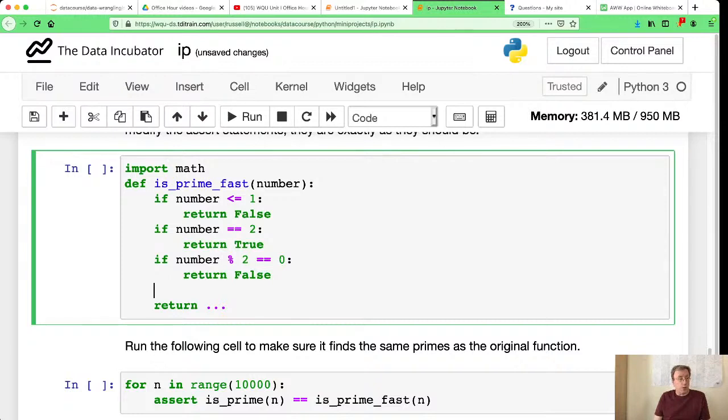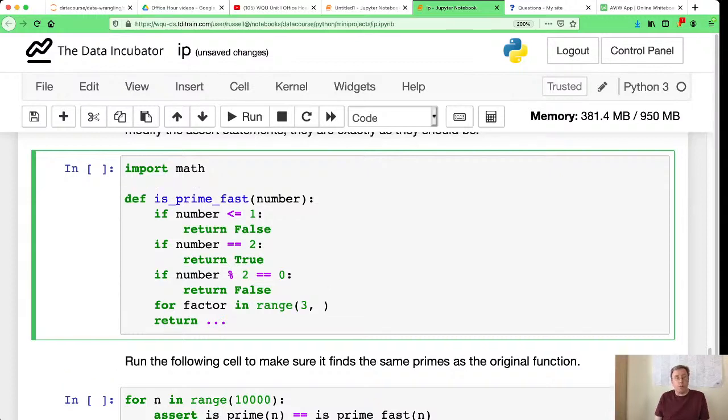What do I do now? We're kind of working up to question 5. What do I do here now? Well, now I want to check. I could say for, let's use the word factor, in range of 3. I need to go up to